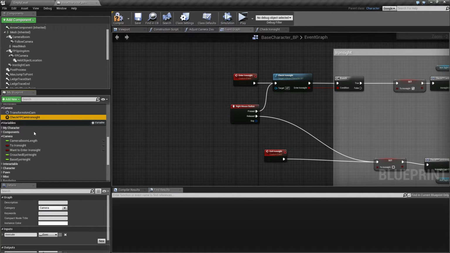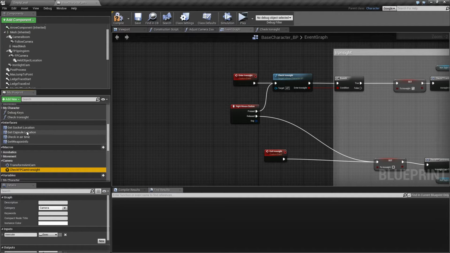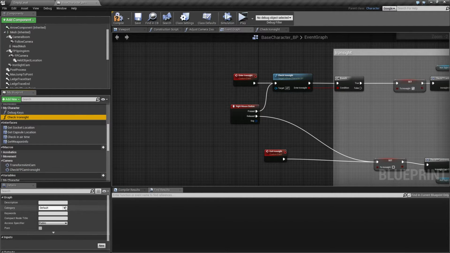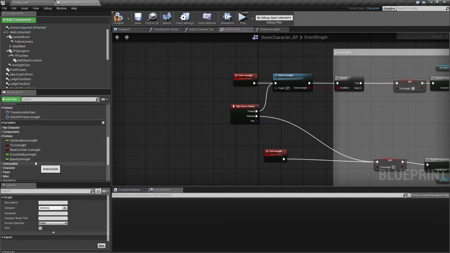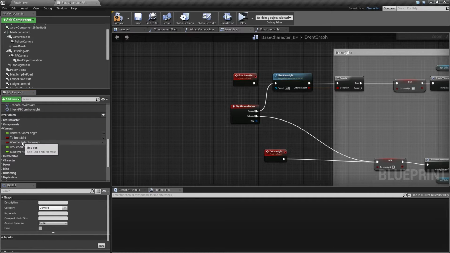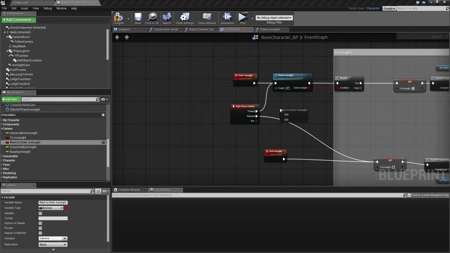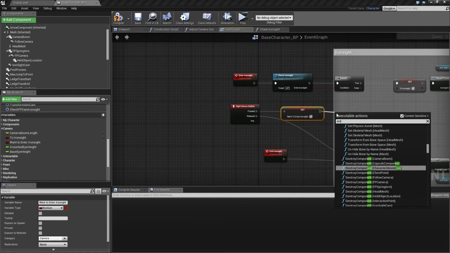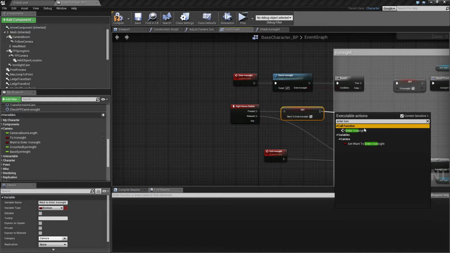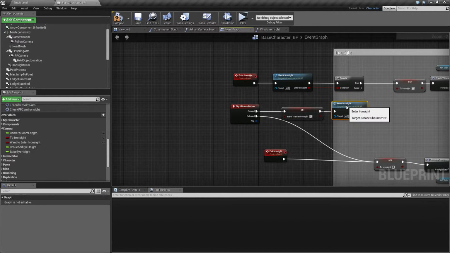And did I make a function? Check ironsight. Let's put that under camera as well. Okay, so we have things organized. So when we press the right mouse button, then we want to say we want to enter ironsight, and then we want to call enter ironsight. So we want to set up this variable, and then